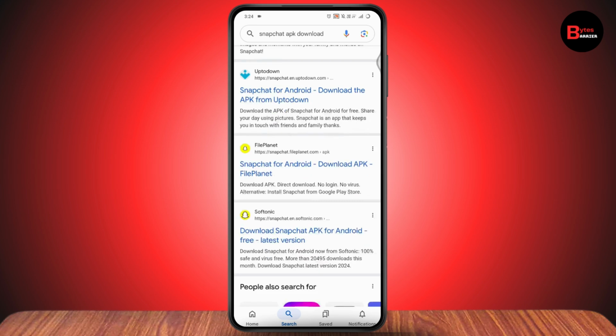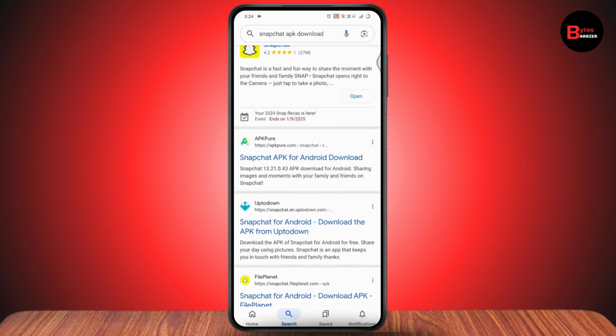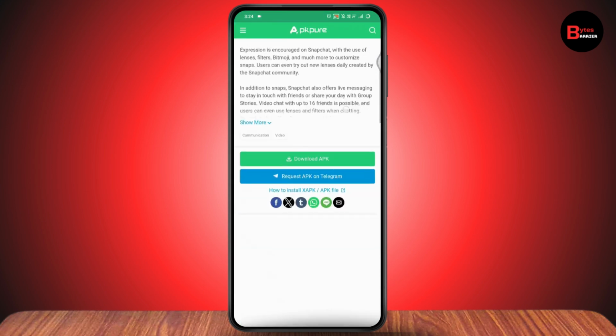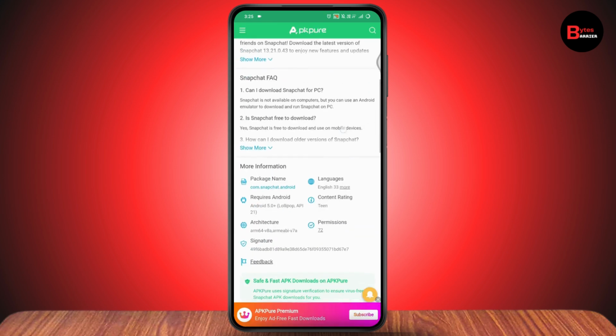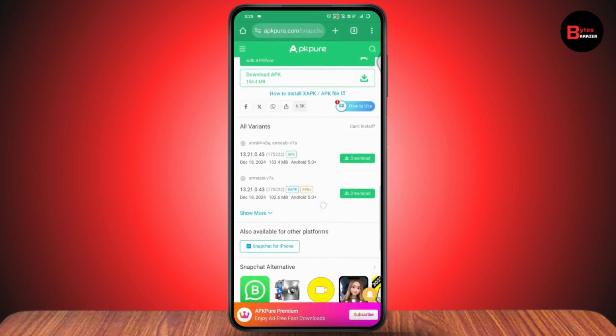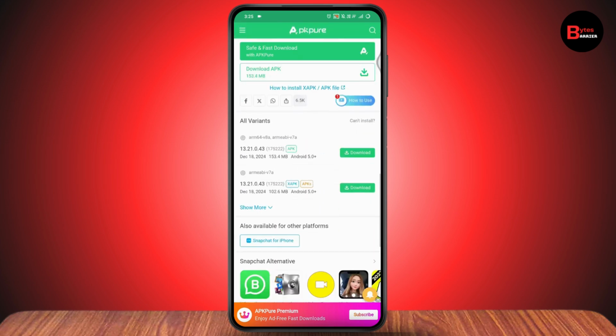So you just need to simply scroll down and then go with any website that you're comfortable with and just scroll down, and here you will have an option of download APK. Tap on download APK and scroll down again and go with the version that you would like to download. So you just need to simply go with the version and then go with the right side which has download